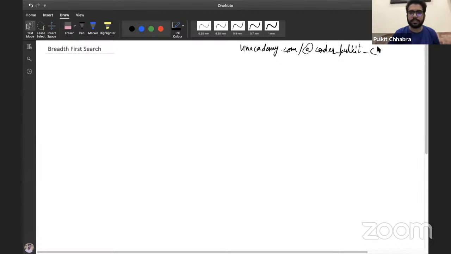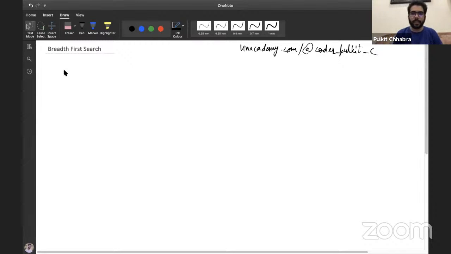So yeah, let me just continue. When we discuss graphs, one of the most basic things that may come to our mind is how we represent a graph. If you have an idea about graphs, you know that generally we do it in the format of an adjacency list. I'll skip it for now because that's not the agenda of this class.